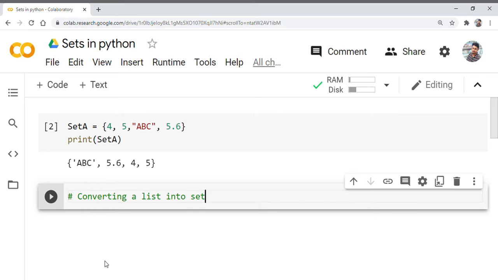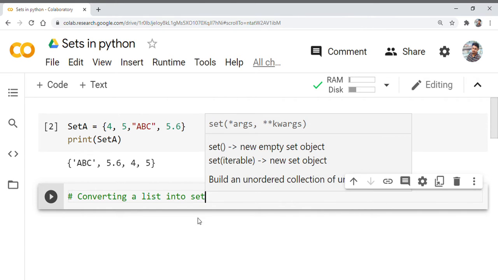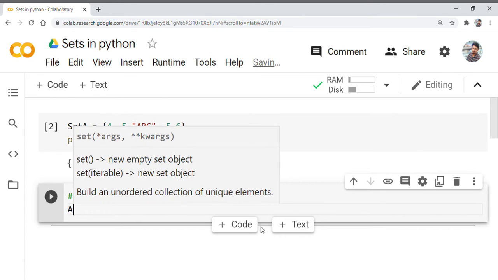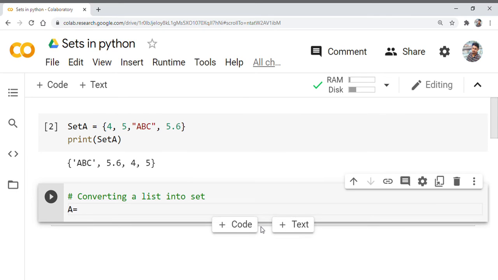So similar to tuples, a set can also be made from lists. If I have a list named A, A equals, a list is defined using square brackets, and 5, 9.68, list to set.